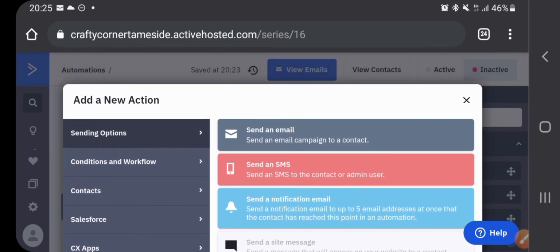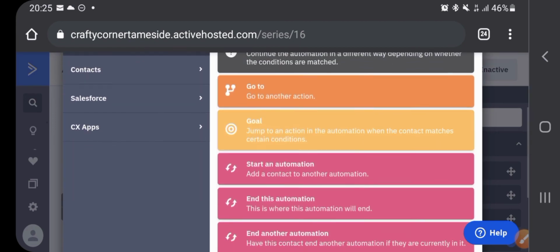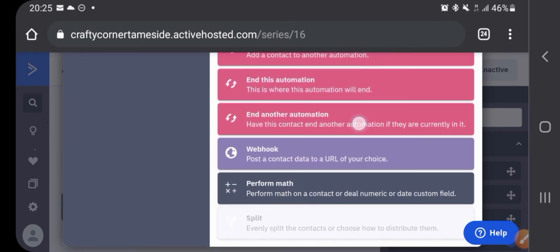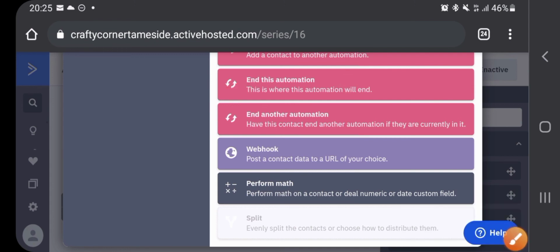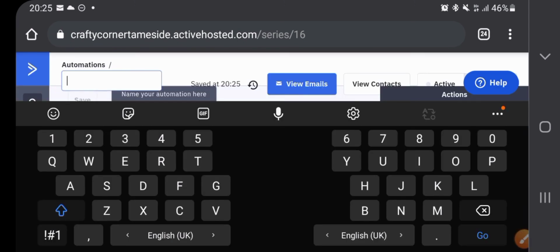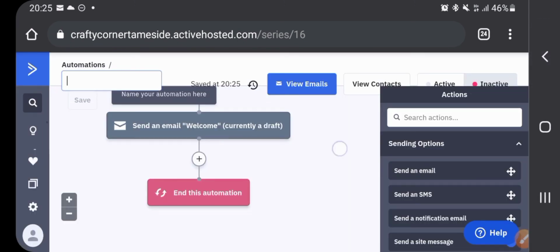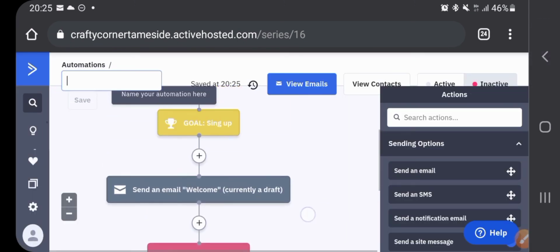and condition and workflow. And then you're going to press this button, end this automation. It's always good to end the automation, not just leave it hanging. So now we ended our automation,